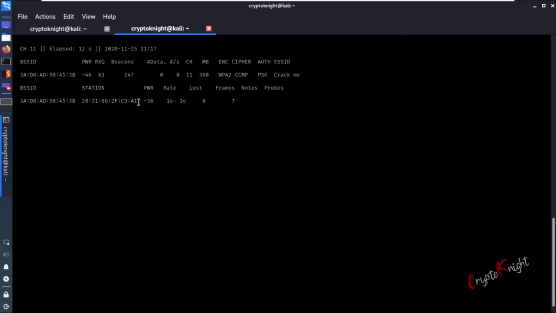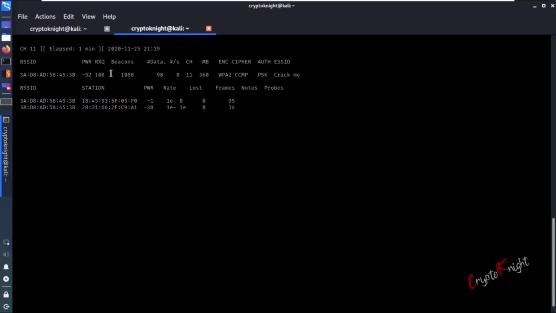This is the MAC address of the access point, and this thing over here is another device which is connected to it. Now our logic will be that we will deauthenticate this particular device. We can deauthenticate any one, or we can deauthenticate all of them, whichever devices are connected. The connection of that device with this access point will break. We send a few deauthentication packets that will break the connection, and as soon as this device tries to connect back to its access point, we will capture those packets.